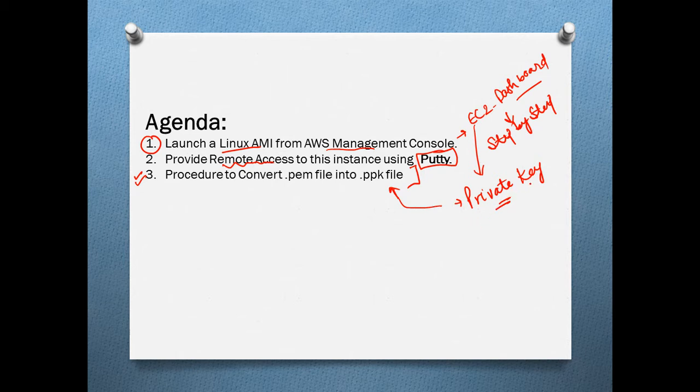Basically, this private key that you have to keep in your local machine needs to be secured in all manner. This key has the extension .pem. But when we are using the Linux instances, it works over SSH. So we need to convert this private key's extension from PEM to PPK in order to use it in the PuTTY tool. We will have a thorough discussion of how we can do that in this tutorial.